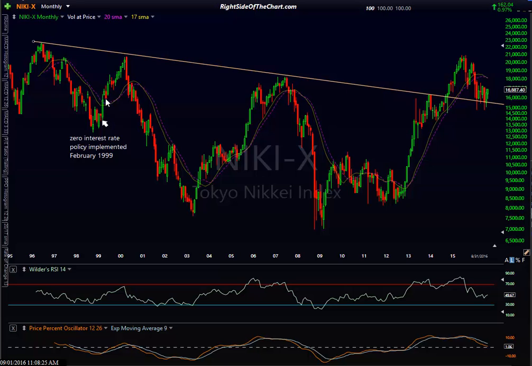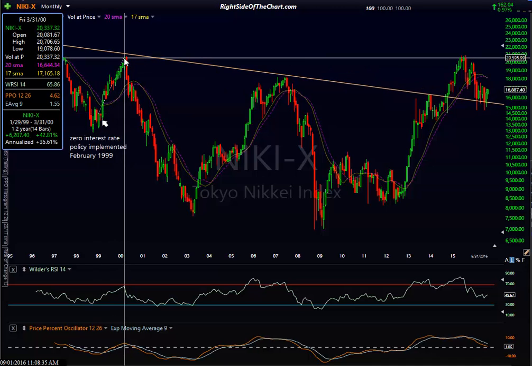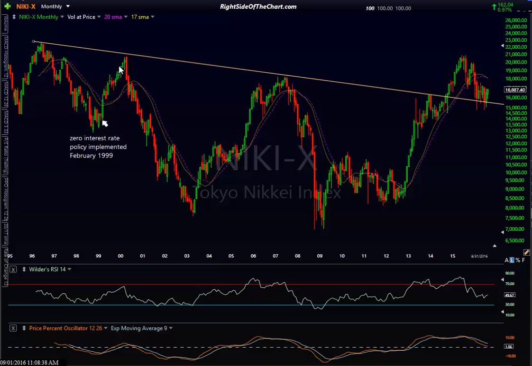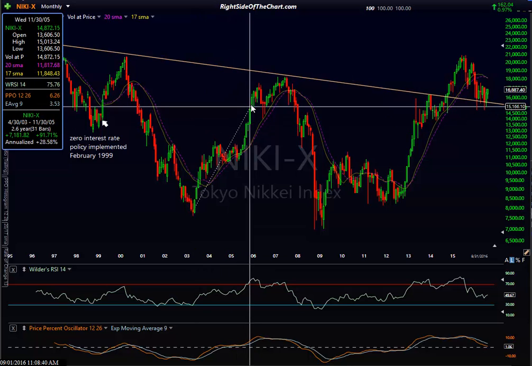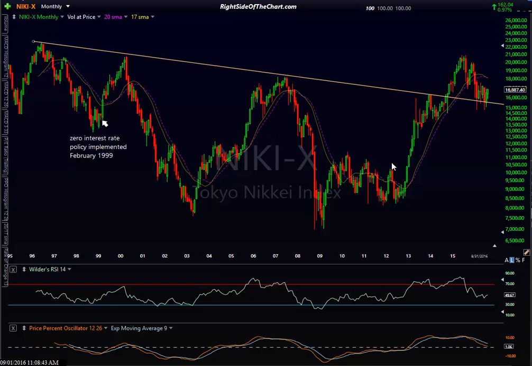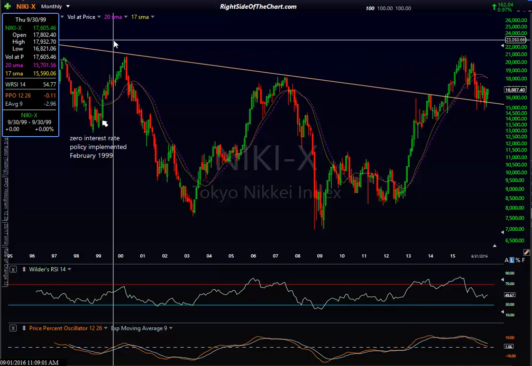You can see it back here. And sure, they juiced the market. Absolutely, zero interest rates work, and this is a monthly chart going back for decades. So this is a period of over a year and a half. However, it didn't work out so well. This is a secular bear market is what I'm trying to get at. Here's a cyclical bull market within it, cyclical bear market, bull, bear, bull, bear, or sideways market, and bull market. And they're still not even back to where they were at the peak of their bubble.